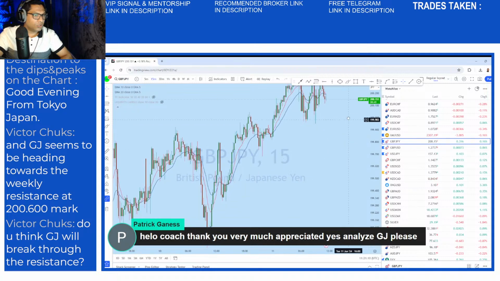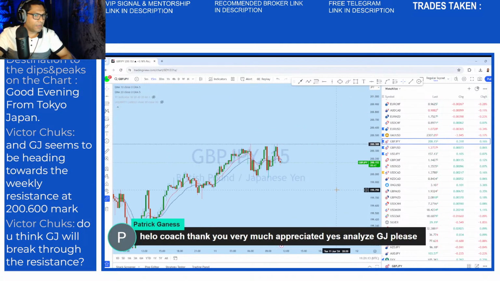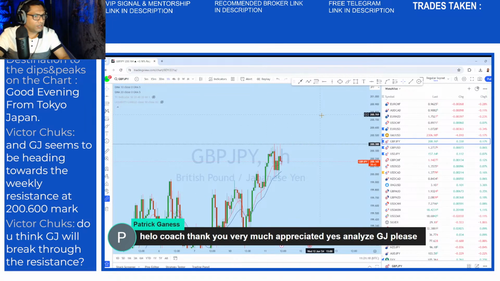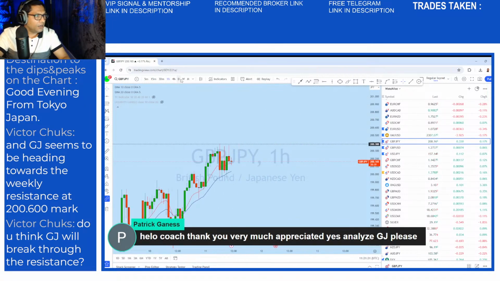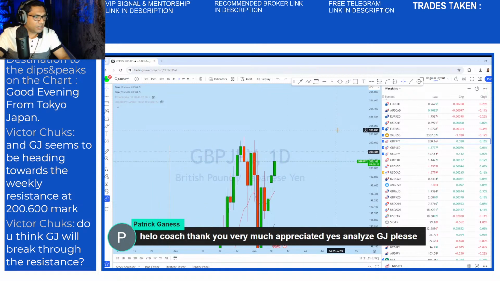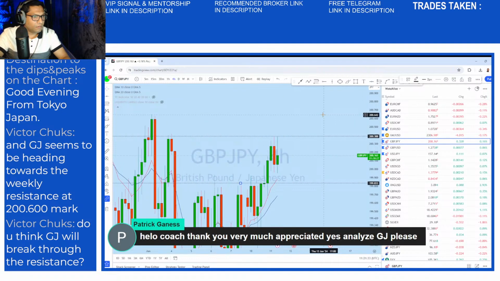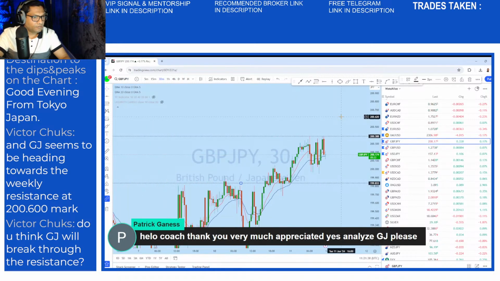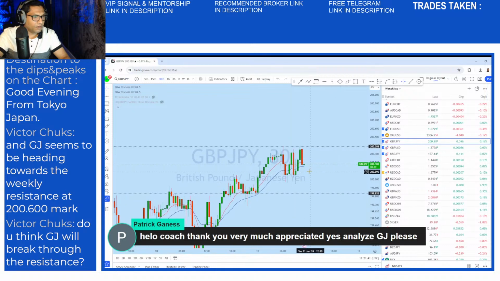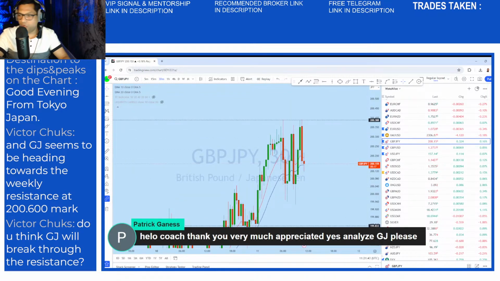GBP JPY also looks like we might see potential for, let me see if there is any probability for any trading opportunity coming up. Daily so far, significant bullish move. So this is the daily support on GBP JPY, lower time frame. So locally it's bullish, 30 minutes. It's a very narrow gap. I would look to sell if I had, but it's a very narrow gap.